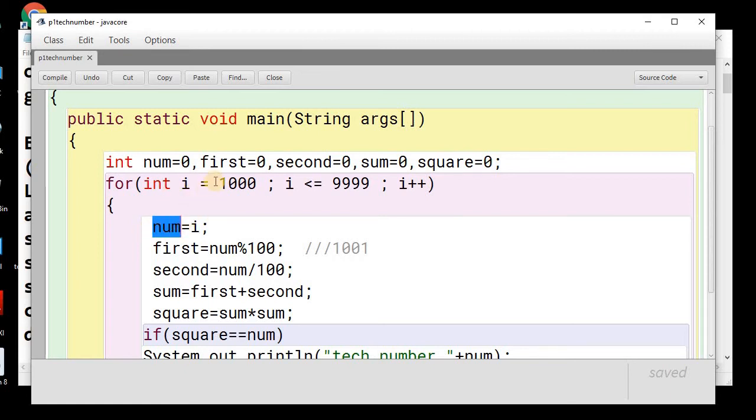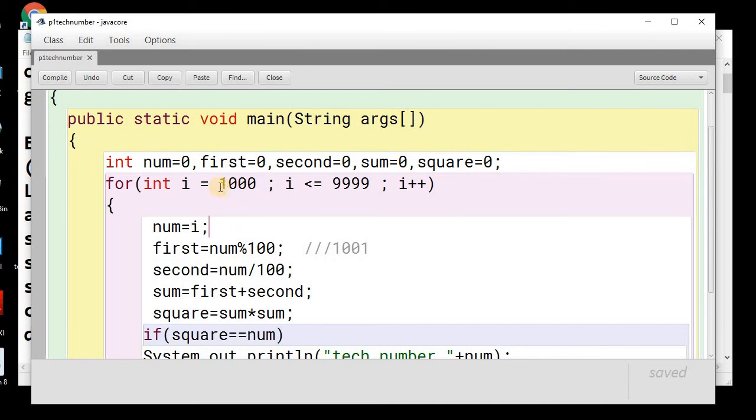For example, the loop will begin with 1000. So at the first instance i will hold 1000, so num will also hold 1000. Now we need to split this 1000 into two equal halves. As this is a 4-digit number, we will use 100 to split the number with two operations. One operation is mod and the other is divide. By performing the mod, we get the remainder.